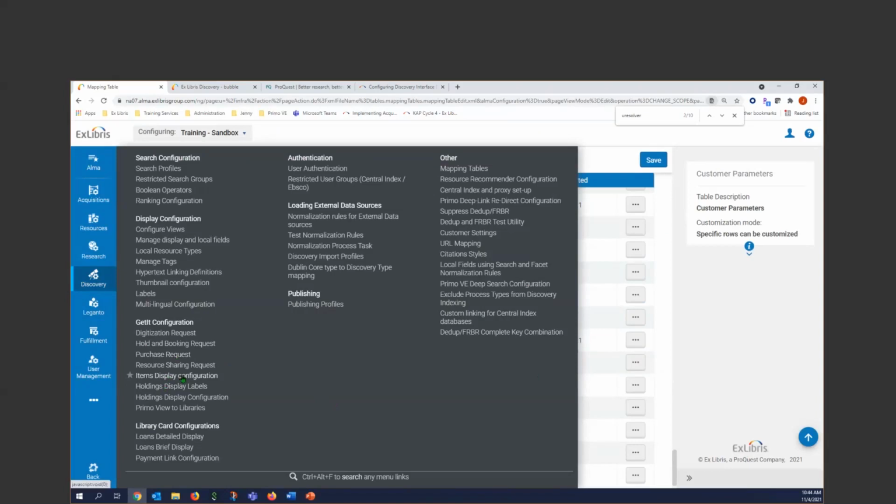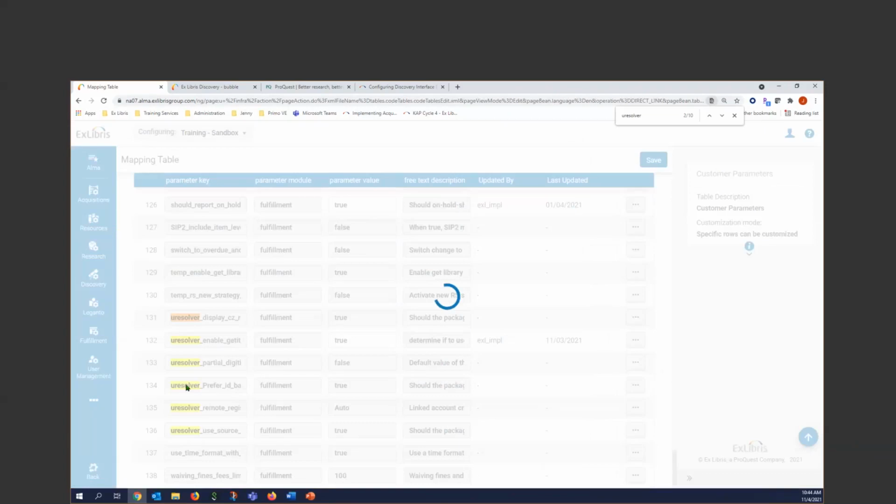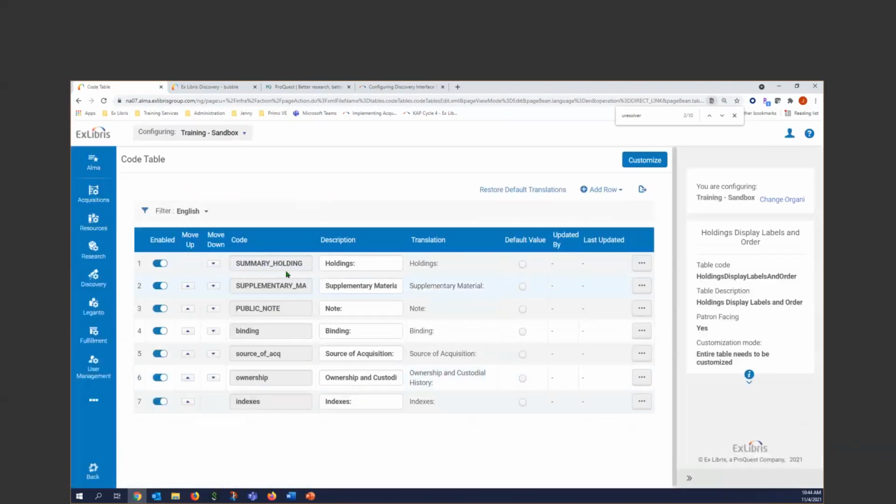So let's look at holding display labels and then holding display configuration. So let's look at the labels first. So these are the labels that are set up out of the box. This is the holdings, the supplement, the notes, those out of the box ones that are turned on. We do have some additional